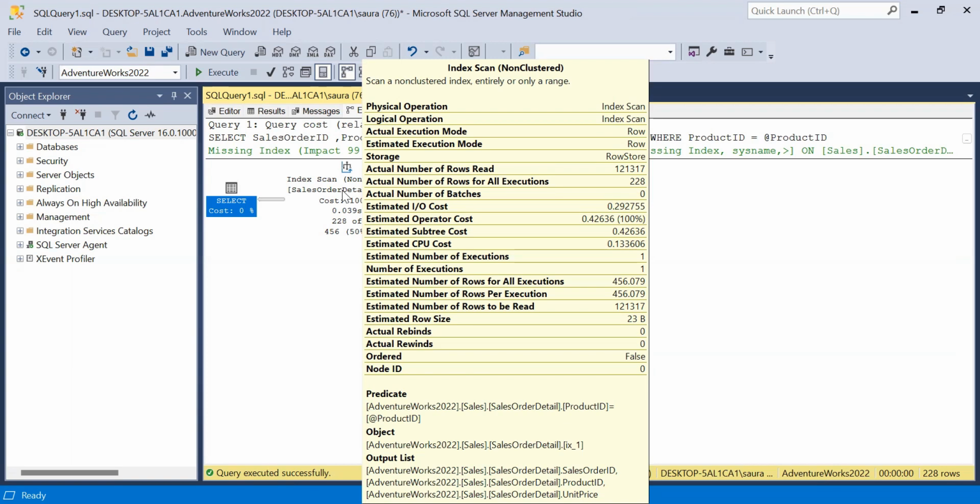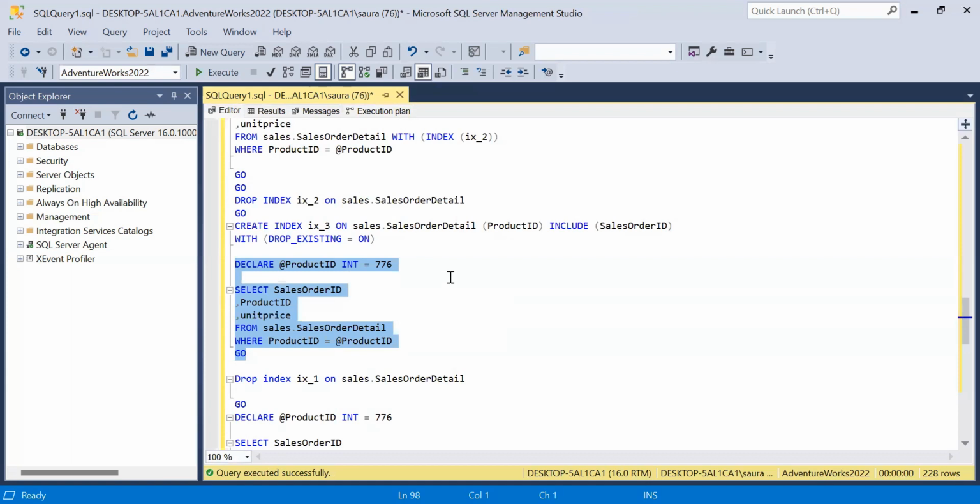Now we still have the ix_3 index, which has product ID as the key column. But the problem is we only have sales order ID in the include list, and we don't have unit price. So I'm going to give the index hint with ix_3,